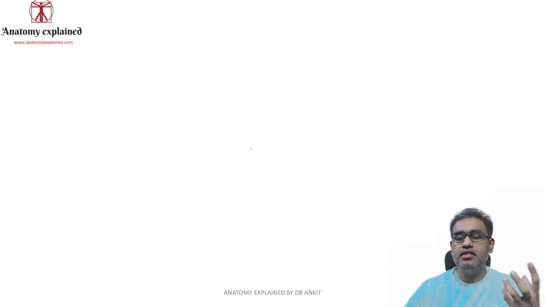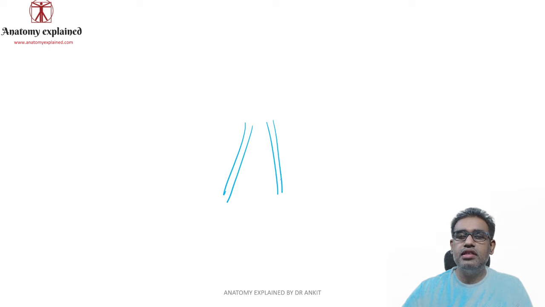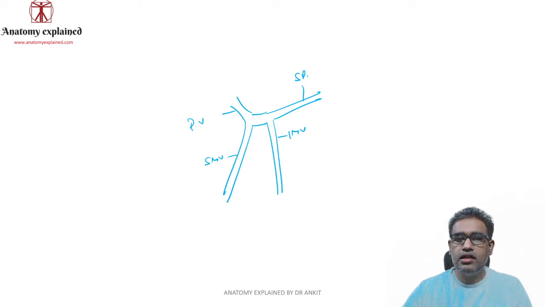So we said the portal vein is concerned with the gut and the spleen. So imagine this is your superior mesenteric vein, midgut, that is your inferior mesenteric vein, hindgut, and that is representing the splenic vein, that is a part of the celiac trunk. So this splenic vein over here, this IMV over here, the superior mesenteric vein over here, these are going to combine and they are going to form our what? This is the portal vein. Now this portal vein is going towards the liver. It divides into right and left branches just before it enters the liver at the porta hepatis. So the direction of blood is in this direction.